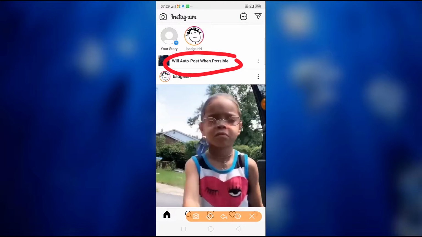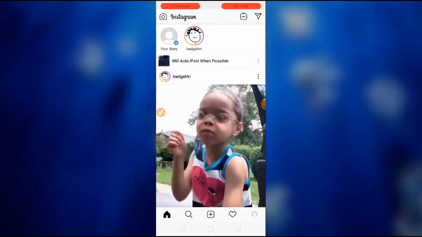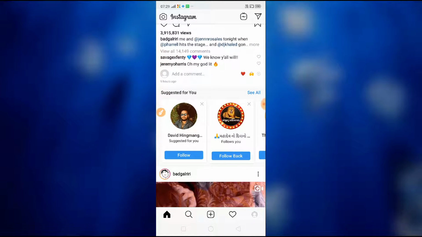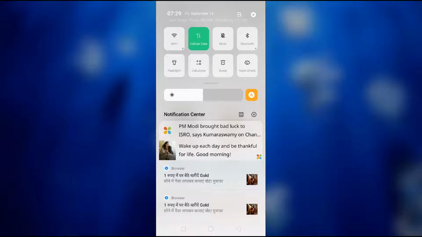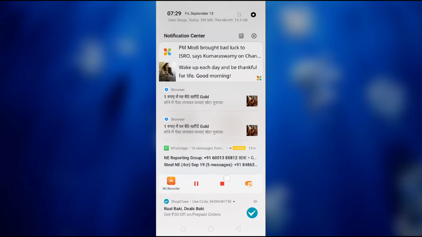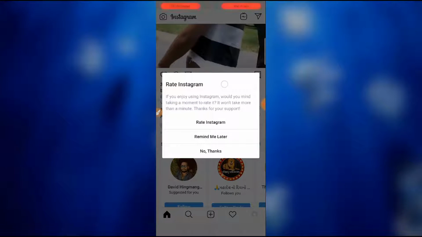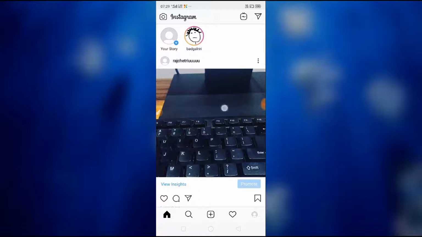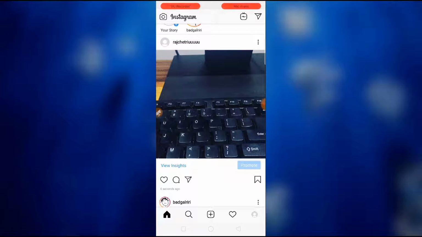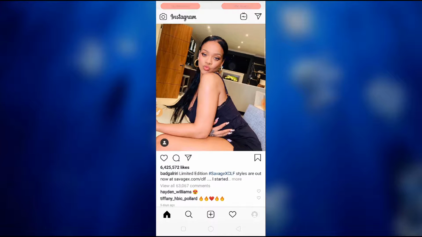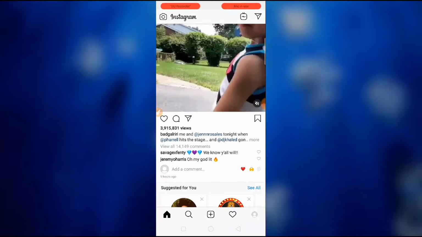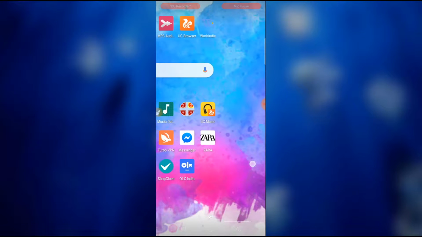What you have to do is, first of all, make sure that your internet connection is on and is okay. After doing this, see here, it has been paused. So guys, if the problem doesn't get fixed, then what you have to do is